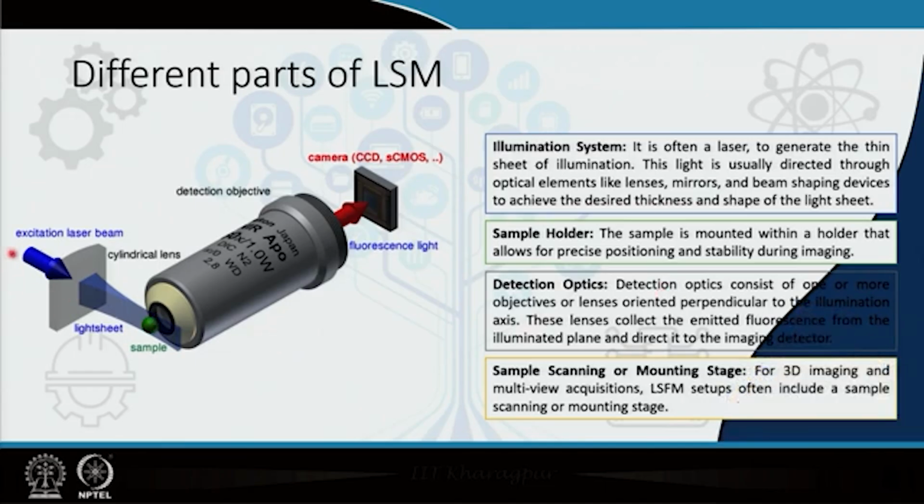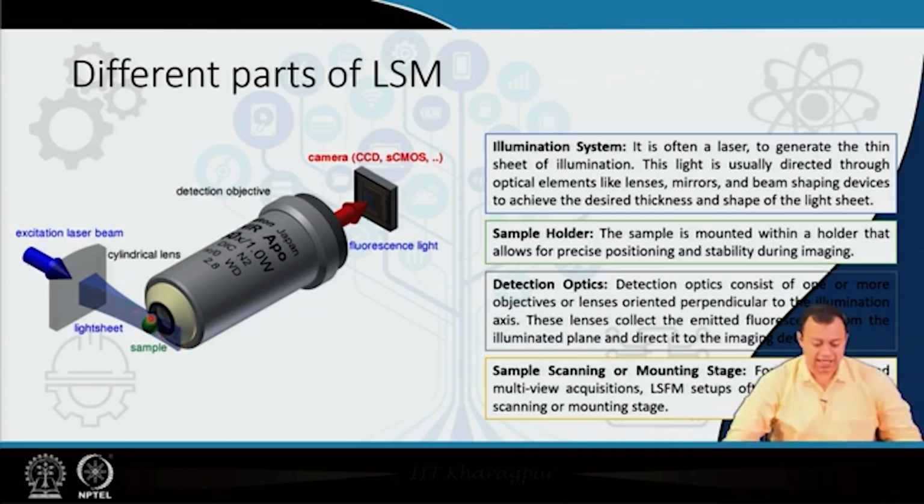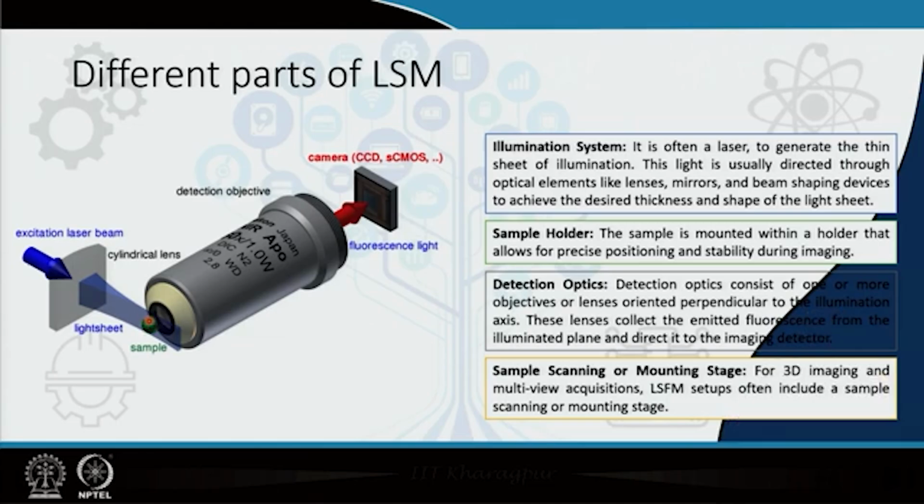You have a sample, you have an excitation laser system. You have a cylindrical lens. The cylindrical lens produces the point source of light into this kind of a light plane, a beam of light that is squarish or rectangular, and it illuminates the area. It is almost optically slicing the sample into planes rather than points, and you have this objective that tries to see the light that is being scattered, plane by plane,